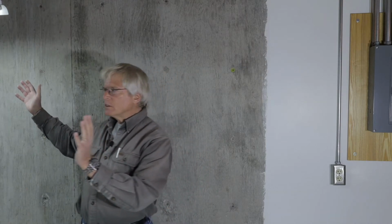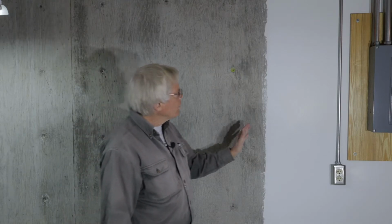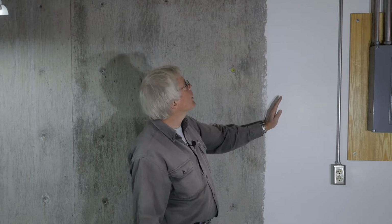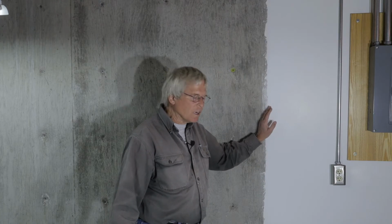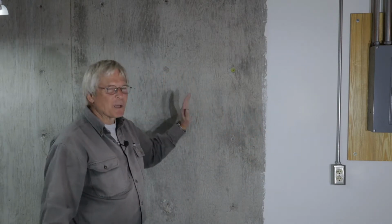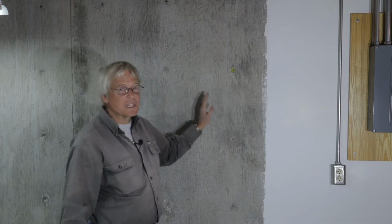So fast forward 16 plus years, and we're about to finish the remainder of our basement. And we decided that where we were going to originally put the wall, which would have been right about where the line of paint ends, is not really adequate for our needs now. One, we want to add a little more space so we can put up some shelving. But another is, in order to avoid the drains and stuff in the ceiling, and just make the ceiling a little bit neater, I need to extend this out about a foot, which is just, I know it's crazy, but